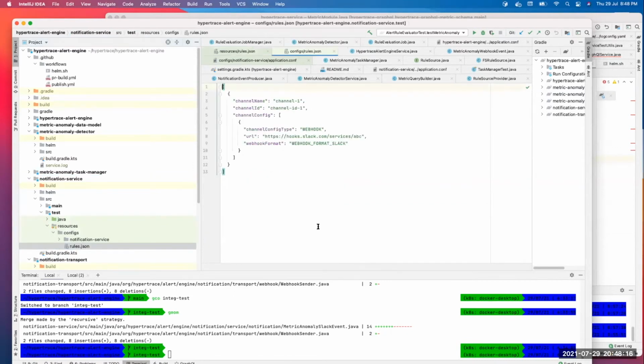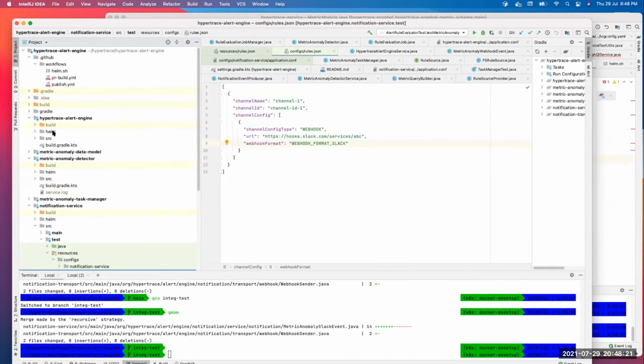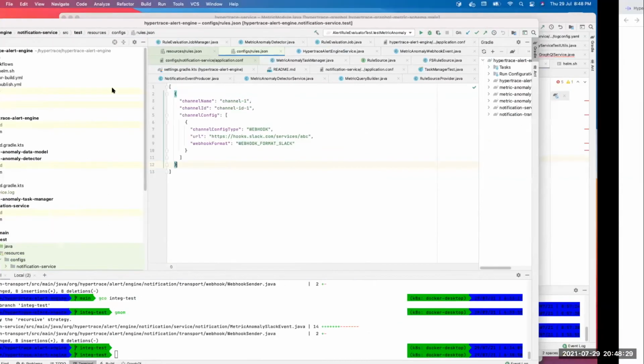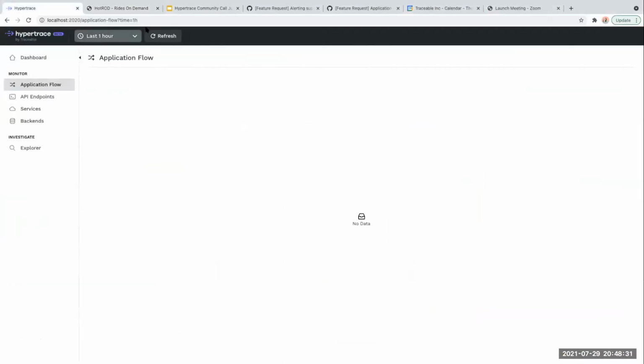For example, this could be a Slack message. We have also combined all of this together in our Docker Compose setup, all-in-one alerting. So let's see now the state of our rule.